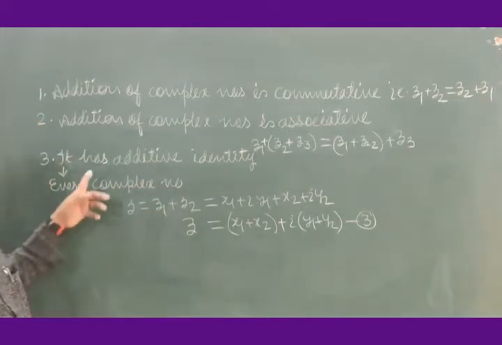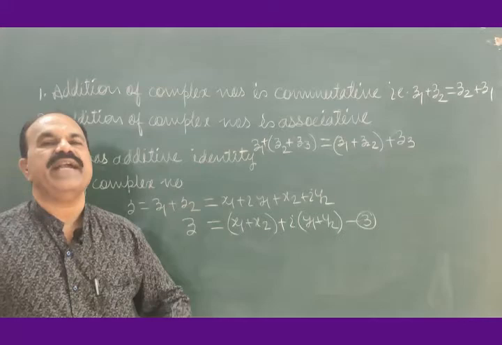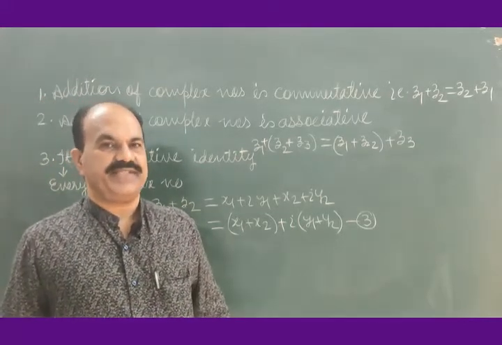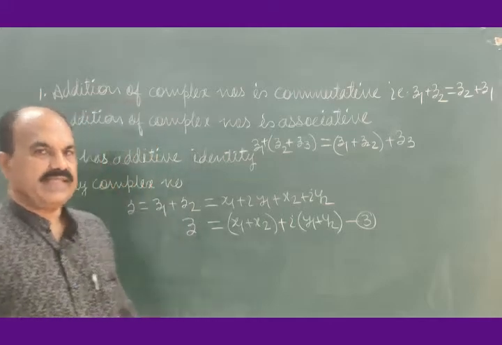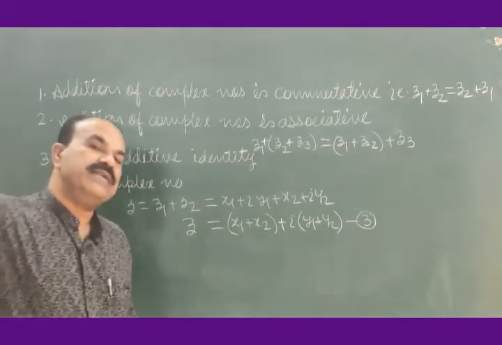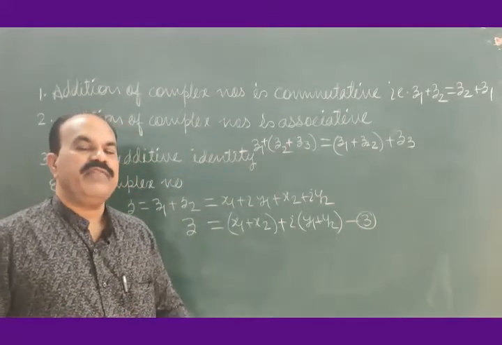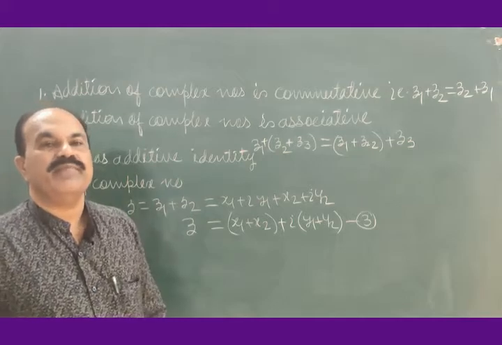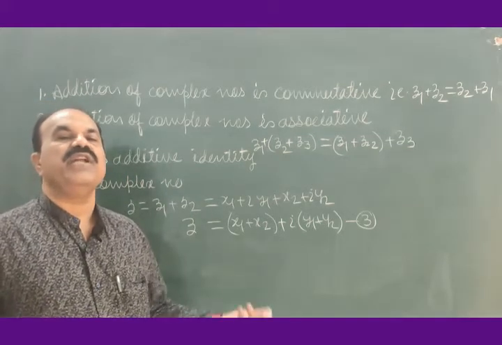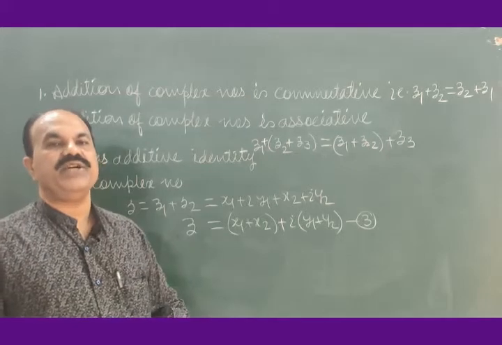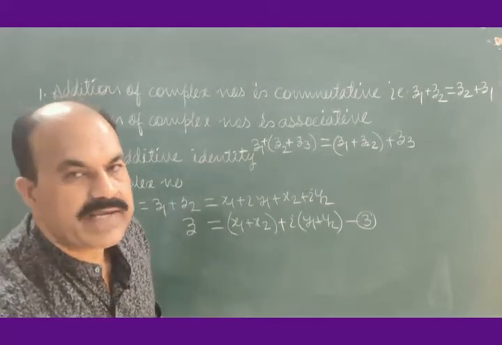Every complex number has additive identity. What is the meaning of additive identity? If the addition of a given complex number and another number comes out the same as the complex number, it means that the other number is known as the additive identity of the complex number. For example,